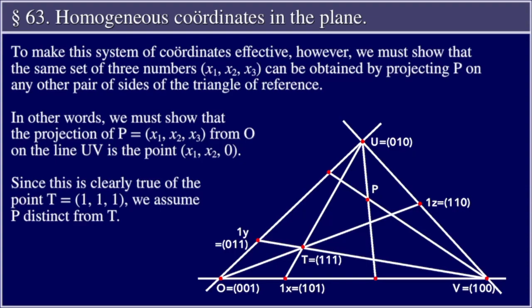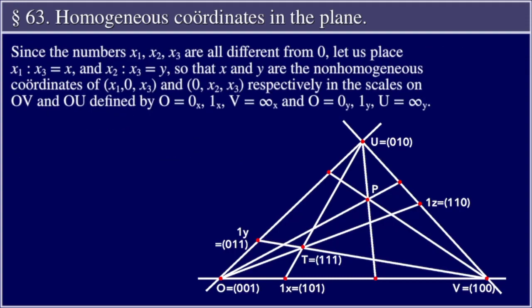To make this system of coordinates effective, however, we must show that the same set of 3 numbers x1, x2, x3 can be obtained by projecting P on any other pair of sides of the triangle of reference. In other words, we must show that the projection of P equal to x1, x2, x3 from O on the line UV is the point x1, x2, 0. Since this is clearly true of the point T equal to 1, 1, 1, we assume P distinct from T. Since the numbers x1, x2, x3 are all different from 0,